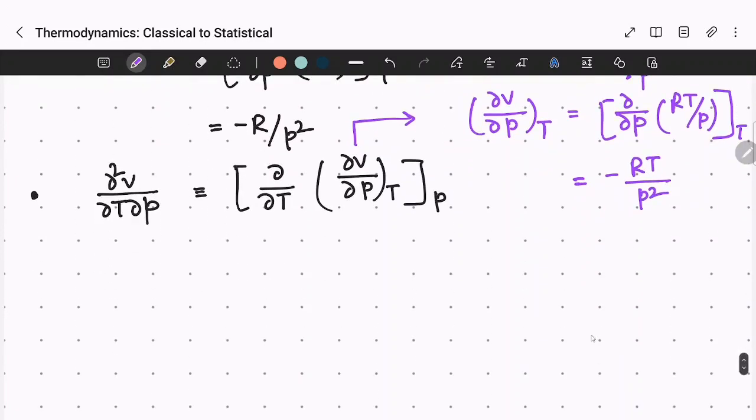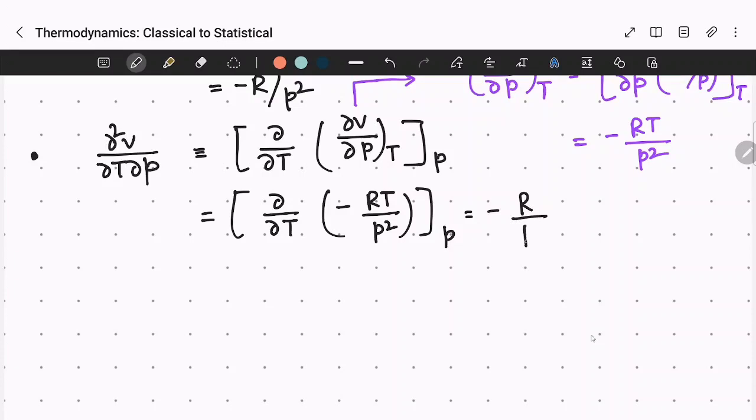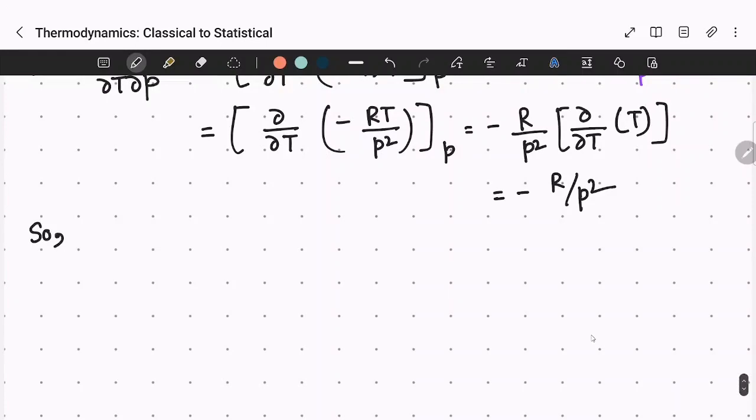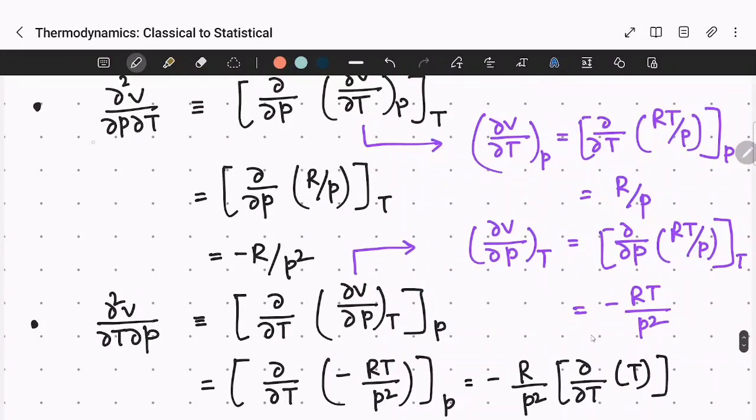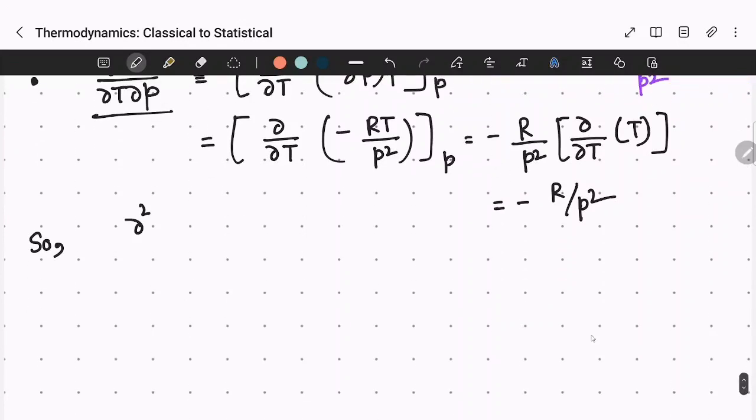This is easy. These derivatives are easier. So now it is del T of minus RT by P square. Now the P is constant, so it will be minus R by P square del T of T. So it is minus R by P square. So both are the same. This is also minus R by P square. This is also minus R by P square. So we can write